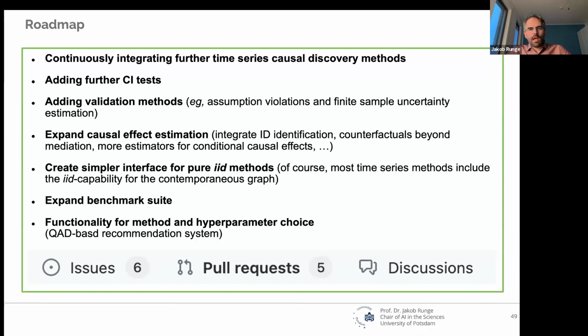And the other direction is to test whether the data generating process has assumption violations, and that's quite recent work where we look into faithfulness violations. Can we detect them, and can we detect whether they exist? And that might give rise to using other methods that are more robust against faithfulness violations. But it's a tricky topic, and it's interesting, and lots of research should go into this.